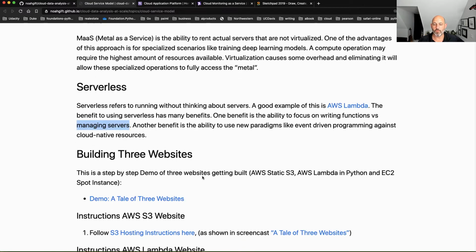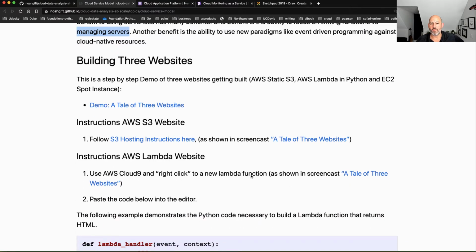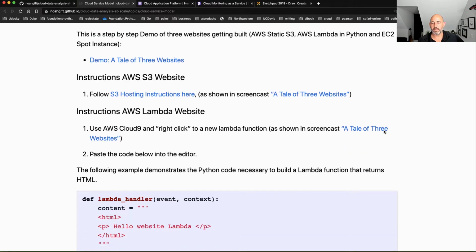So a few things that we'll discuss here would be to go through and think about this concept in three different kinds of websites. I don't know if we have time to get into all of this today, but these are things that you could go through on your own. This is a demo of how to build three different websites. What's neat is that with Amazon, you can build a website with just an S3 bucket. The way you do that is you set up static hosting, and it's actually shown in this screencast. You can take a look at it.